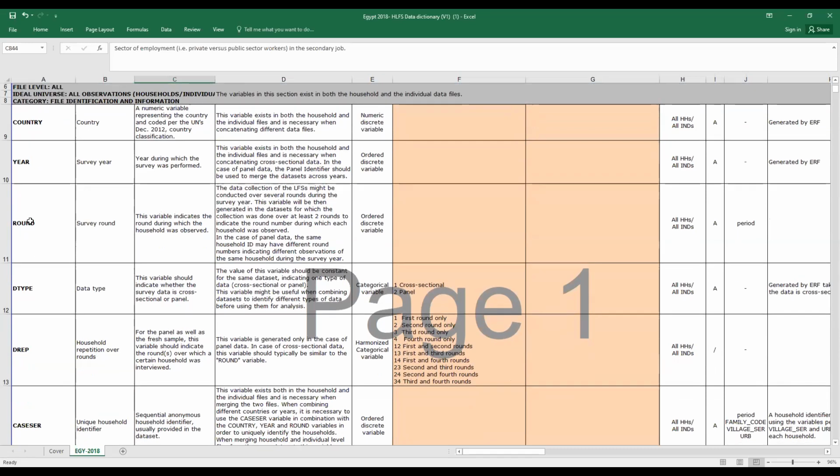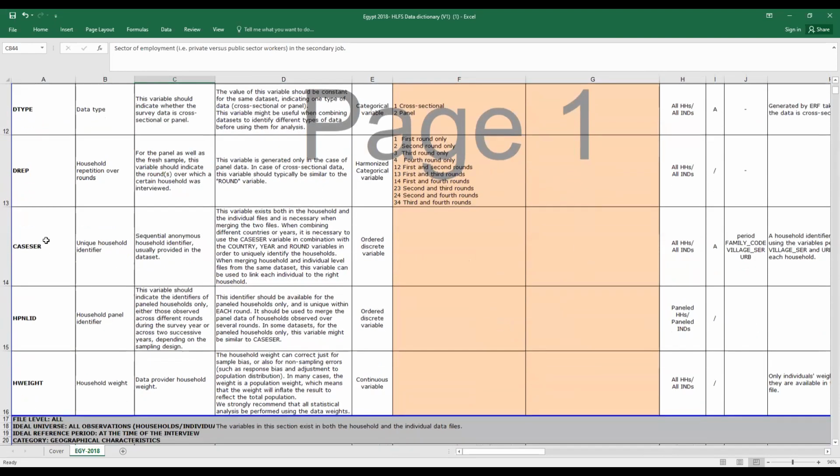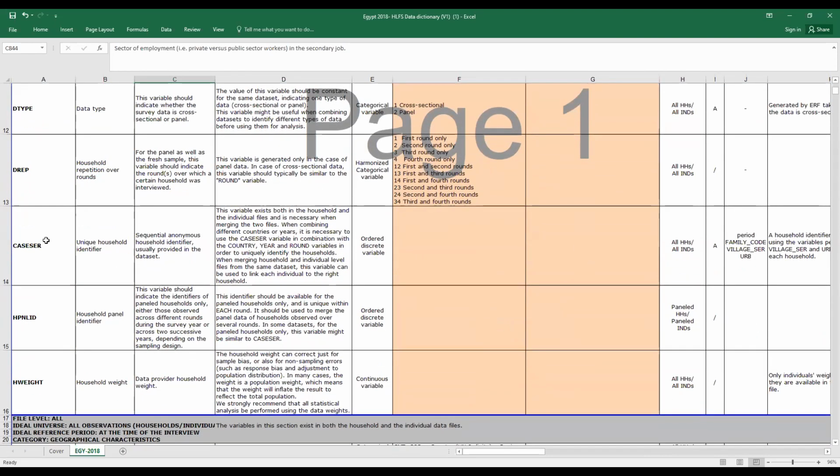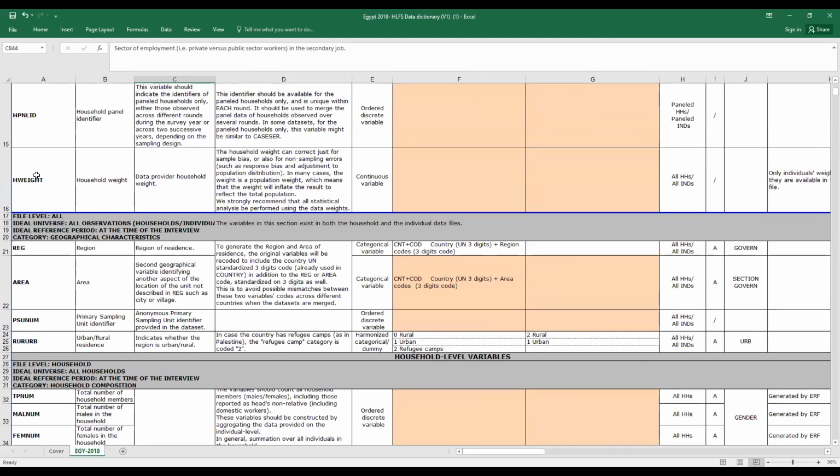And other variables that are available in the data: data type, individual ID and household ID, and the weights. For those who ever use nationally representative data, they know for sure that they need the weights in order to do in-depth analysis.